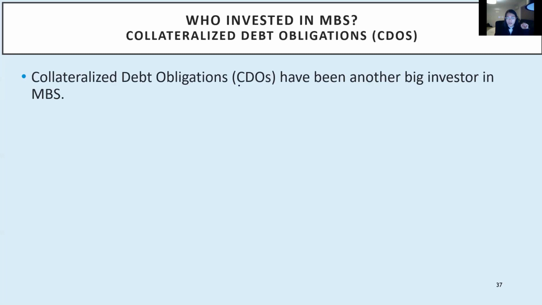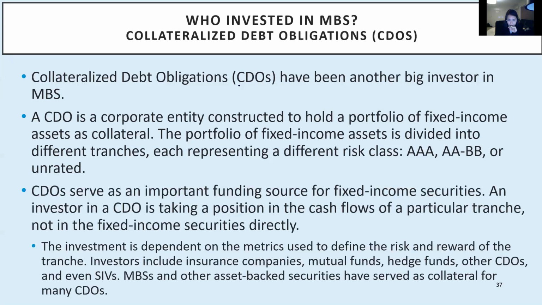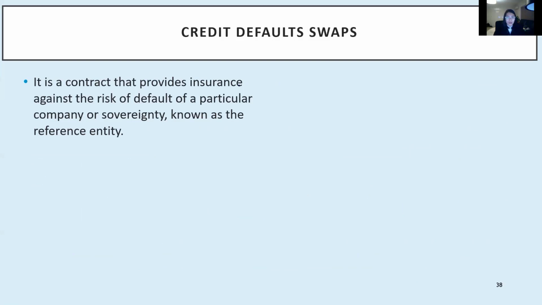Okay. So another big bias of mortgage-backed securities are collateralized debt obligations. So they are basically a corporate entity that specializes in buying financial assets, right? Fixed income assets into tranches. Now, for these big players in the mortgage-backed securities, the way they hedge their risk is that they use credit